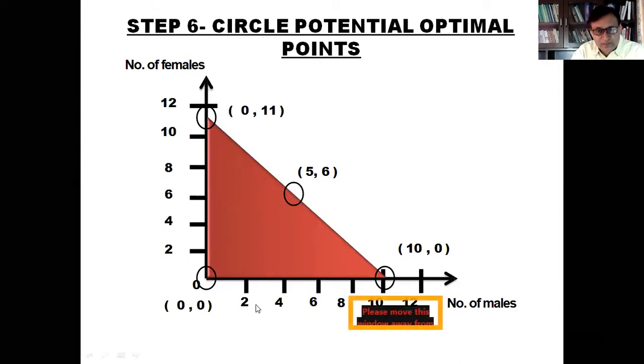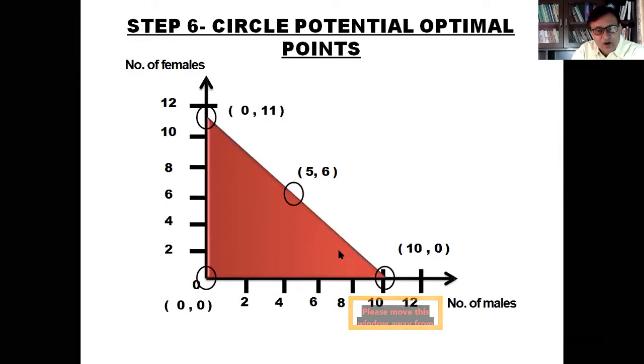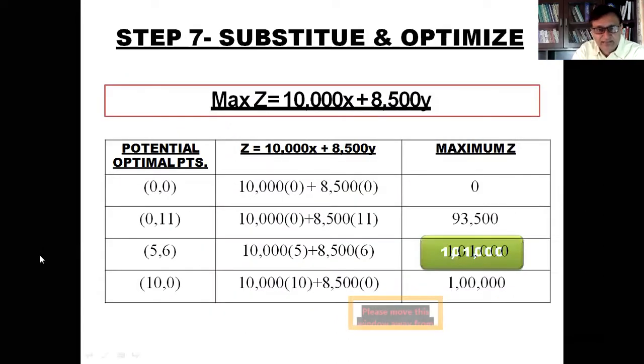Now here the various points are there. This circle point is there, this circle point is there, this circle point is there. You can see it here also. Here, this is one point, this is second point, this is third point, which is blue circle, and this is fourth point. So we will find out all these 4 points, and then on all these 4 points values of x and y will be identified as I have done it.